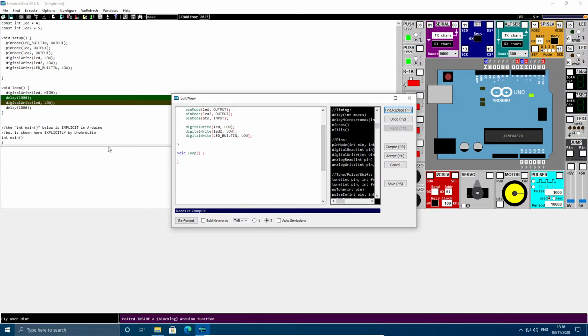So, what do I want this button to do? I think when the button is pressed, we want the LED to turn on, and when the button is down or off, we want the LED to turn off. Simple as that. So how are we going to do this? Well,